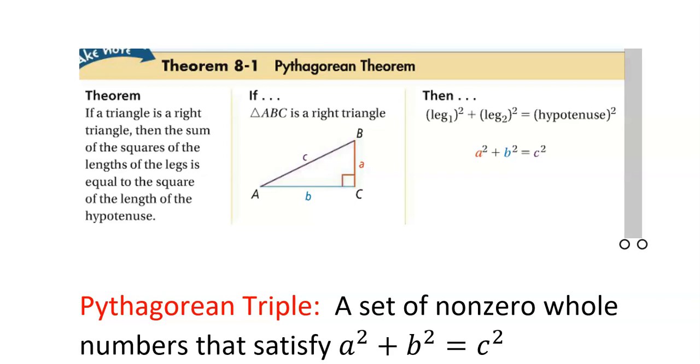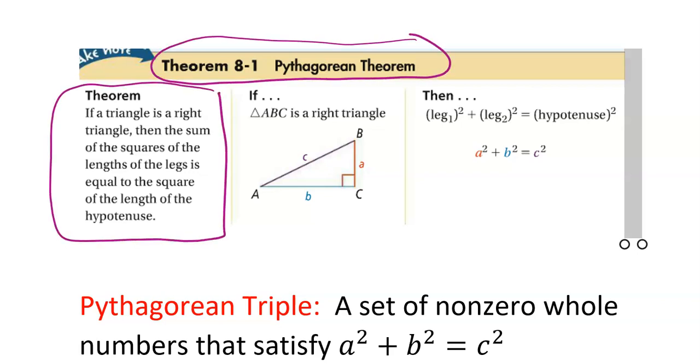So for this one, again, you can have the title, you can have the words, and you can have that little equation there. A squared plus B squared equals C squared. The main thing you have to remember is to use the Pythagorean theorem, it has to be a right triangle. So you might want to put a little box or something around that. If it is an acute triangle or an obtuse triangle or whatever it happens to be, you cannot use this